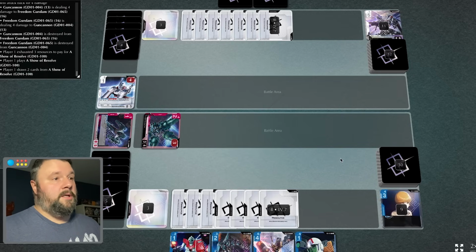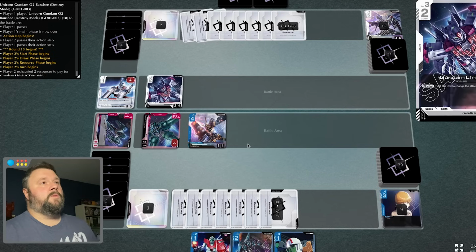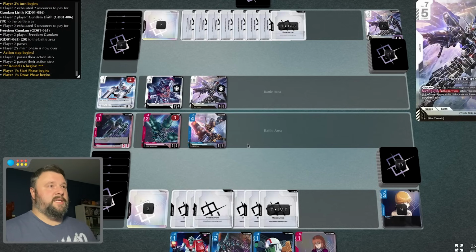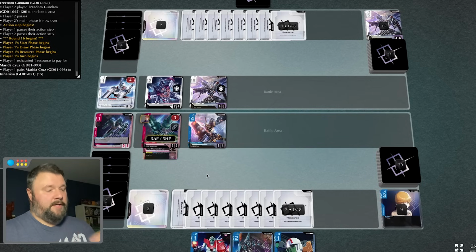And pretty good. Let's go ahead and set up a larger unit and pass turn. So at least we were able to clear off that unit, and he's getting lower on cards, which is nice. Had another Freedom Gundam, and that really is not great. We'll go ahead and link dude here. Takes him up to a 5/5,